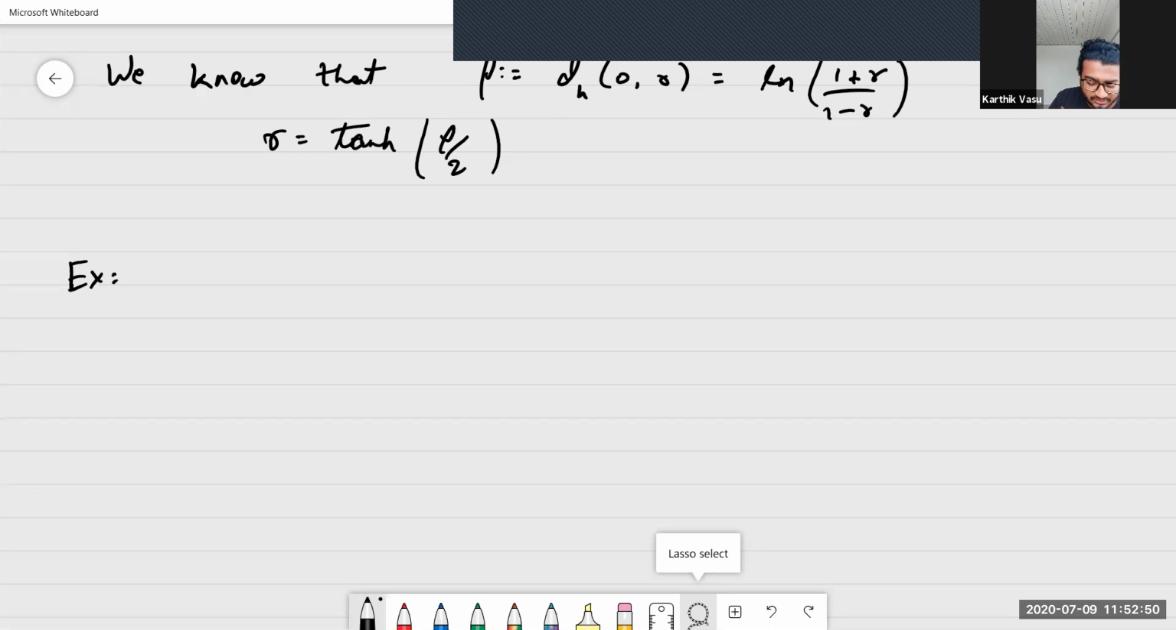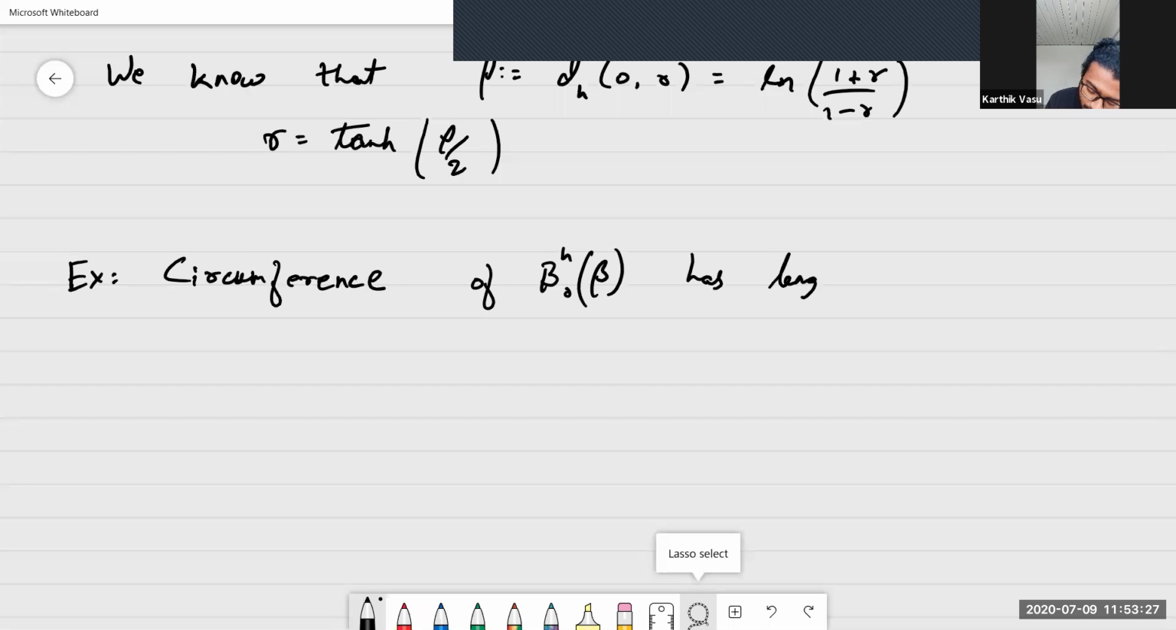Okay, we know that, since we saw that a hyperbolic ball is also actually a circle, you can parameterize it and calculate the circumference. So if you take a hyperbolic ball centered at 0 of radius beta, and you integrate the circumference, you will get it to be equal to sinh beta. But notice that